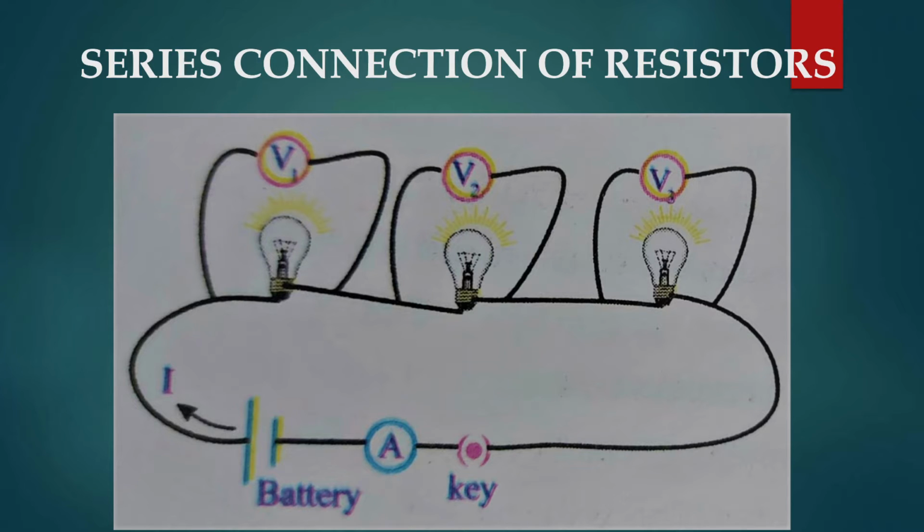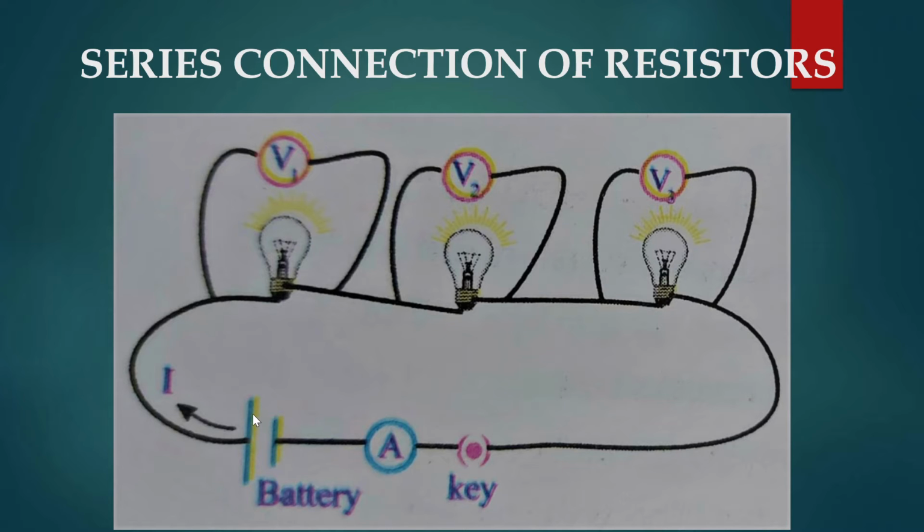What is a series connection of resistors? What do you observe in the given slide? We have taken three different bulbs and we are going to measure the resistance of these bulbs with the help of a multimeter. Let the resistance of this bulb be R1, this be R2 and this be R3, as recorded from the multimeter. Now we connect these bulbs in series, that is, one after the other. There is a single path of flow of current through this circuit, and it is always from the positive terminal to the negative terminal.